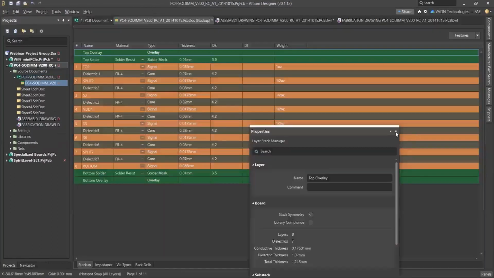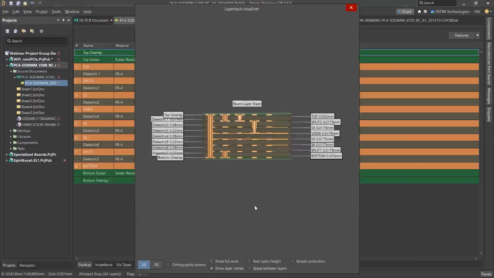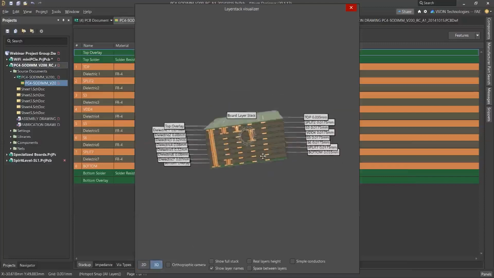Here you can see the layer stack manager, and from there you can see this is an 8 layer board. This layer stack information also we can import into our documentation. As well as from Tools, Layer Stack Visualizer, that also we can view. This one is the 2D view, and the 3D view is also there. So like that we can check.